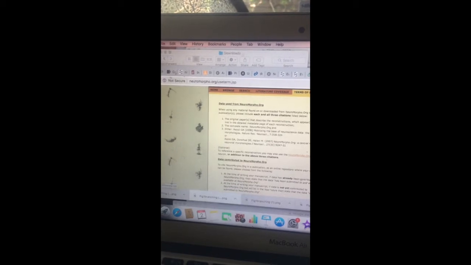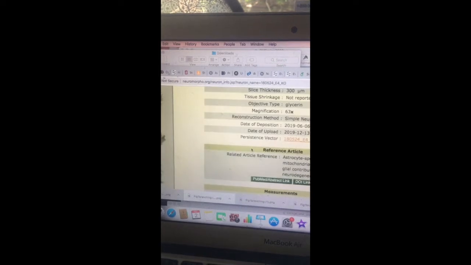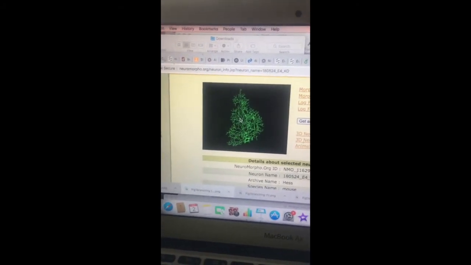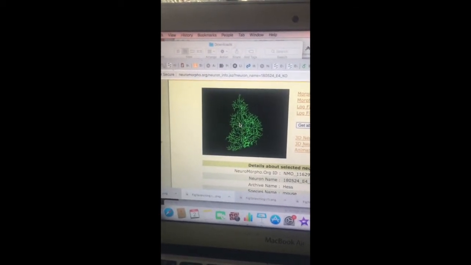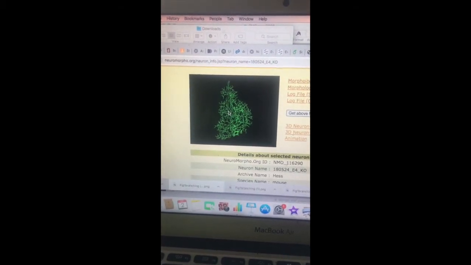And so I am wondering whether, if I am citing this, I can use this reconstruction preview from the site, because that is something I would be interested in doing, to show a visual next to my data. I'm doing a comparative analysis of different types of cells, so I would like to show their visual differences next to the data that I've shown. But I'm not sure whether I'm allowed to use this using these other citation guidelines for using the actual data.